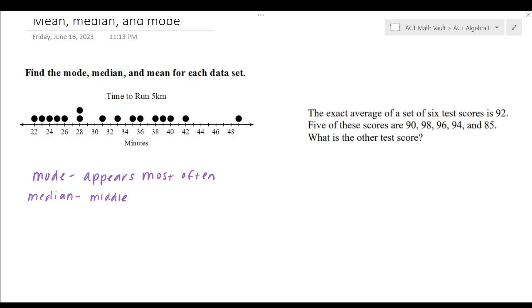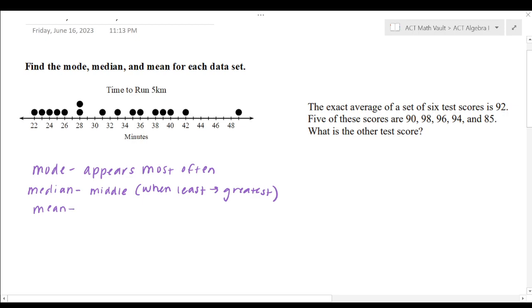You can think of other languages where you can think of like medium or other variations. You just need little things that help you remember. Middle, I'll say when least to greatest. We have to remember that if it's not in order, that we have to order that data set. The mean